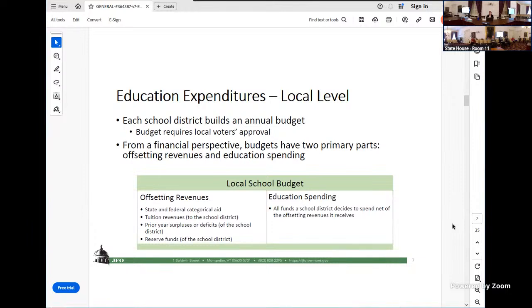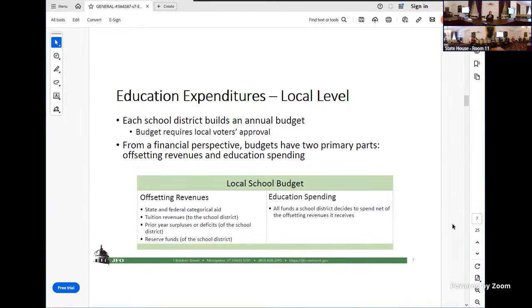So as we know, each school district is building an annual budget. Those budgets require local voters' approval. And from a high level perspective, we can kind of think of those budgets as having two primary pots, two buckets. One are the offsetting revenues that the school district is receiving. So this is everything